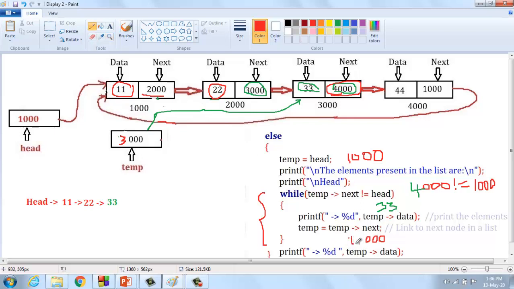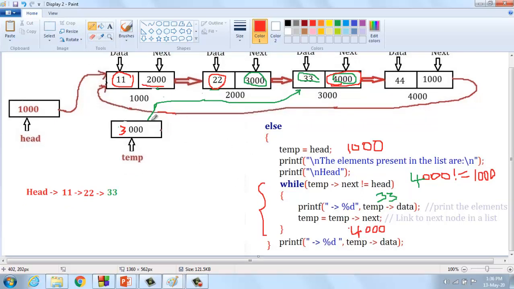So the temporary pointer here should be changed into 4000 in the list. The pointer is pointing to the fourth node in the list. Have you understood? And then again they're going to check the condition.